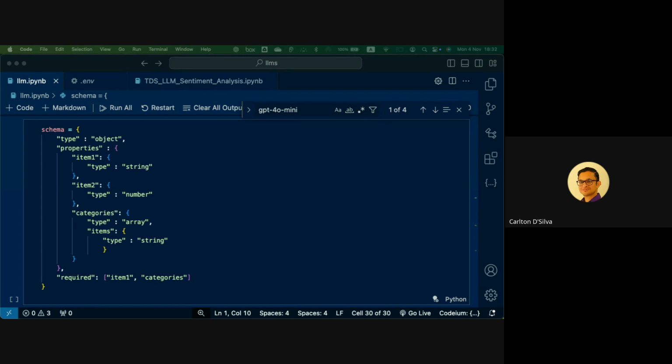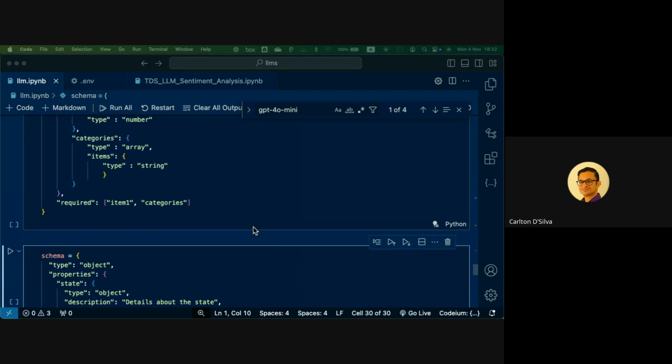There's a very good bit of official documentation on JSON, which breaks these things down into neat little explanations, and it tells you about the types, what the valid types are, and how you define them. So if you have some time, you can go through that and it will help you construct better and stronger schemas.